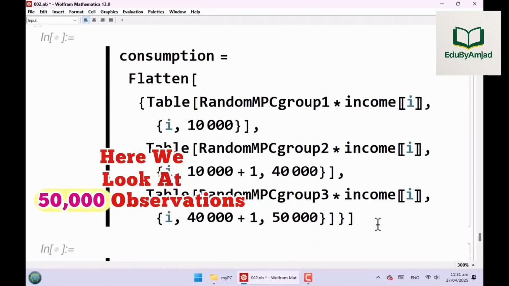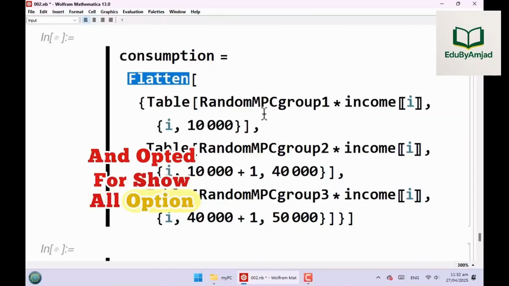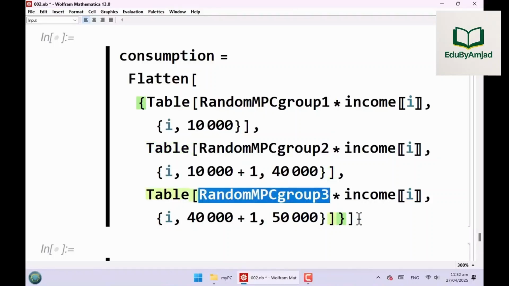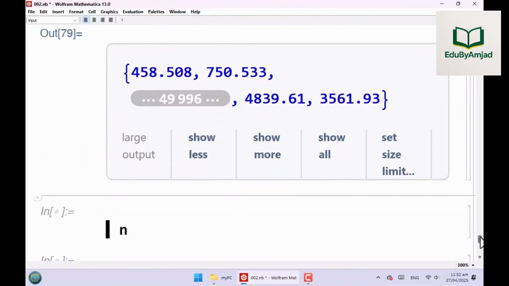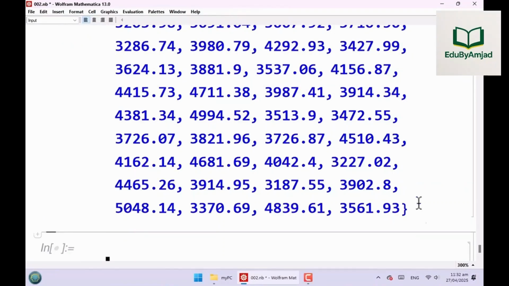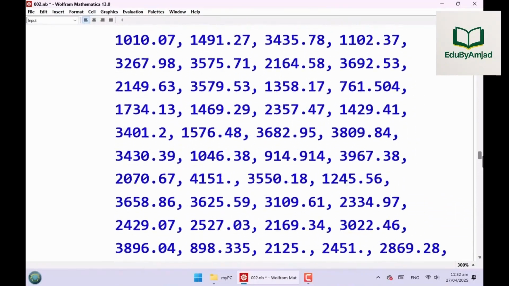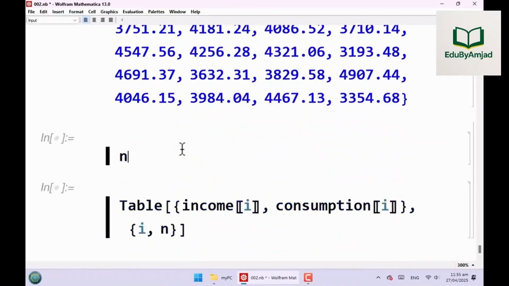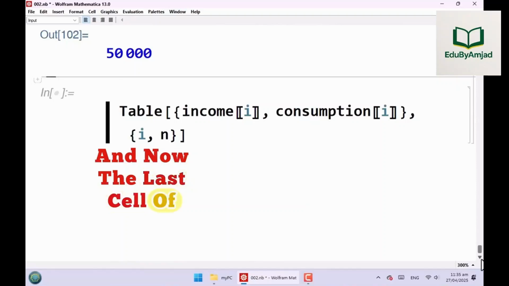Here we look at 50,000 observations of consumption all together. We have flattened the list of 3 lists and opted for Show All option again. And now the last cell of this Mathematica notebook.